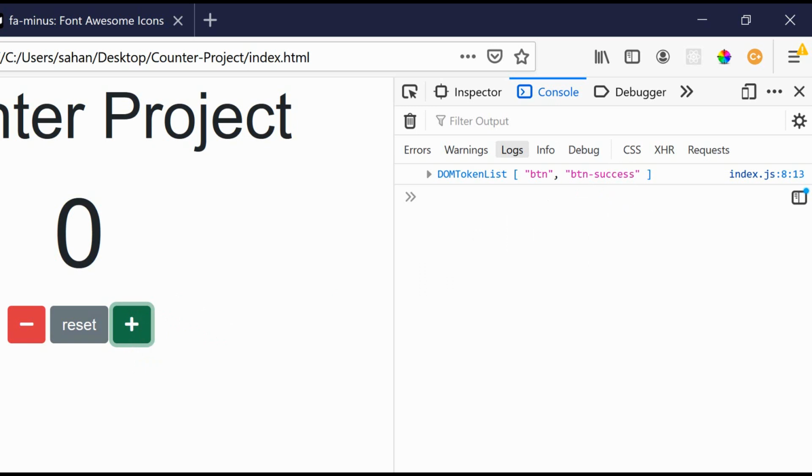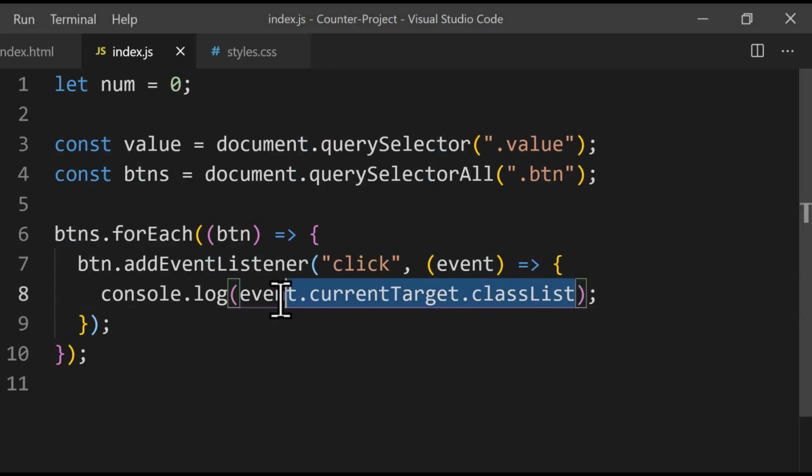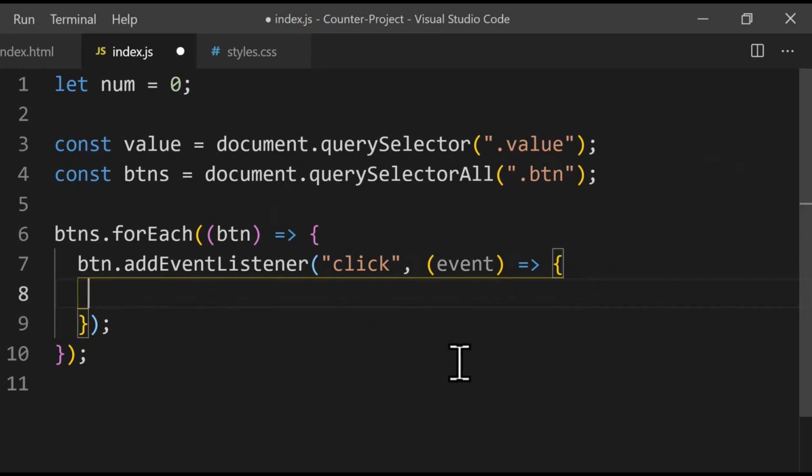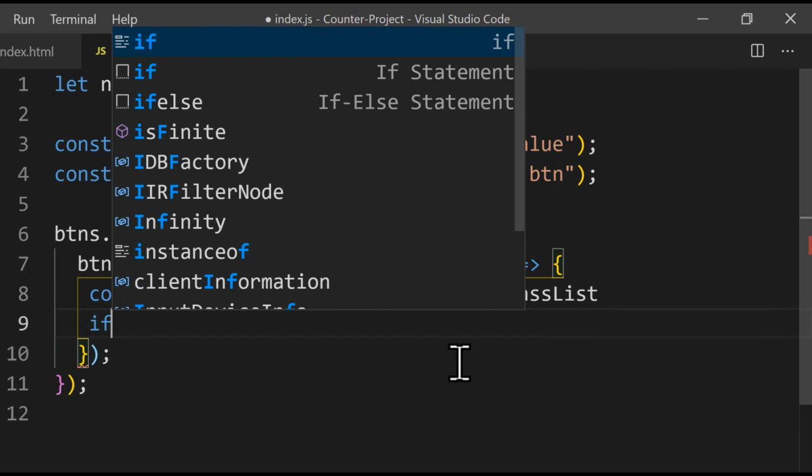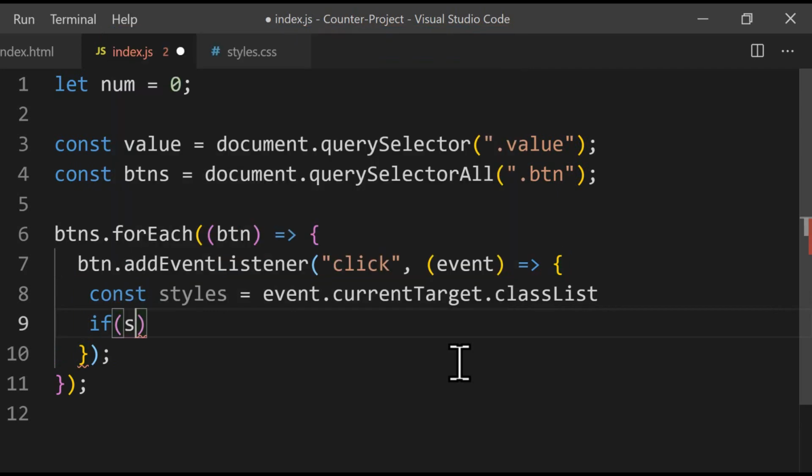We go back to the VS Code, we copy this, and we delete the console log. We create a const here. We call the const styles equals, and we paste the event. Now we add an if statement here. We write if, we open a set of parentheses. We write styles